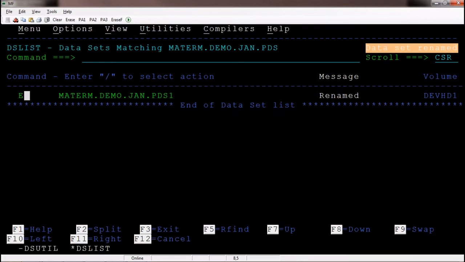First time we are creating a member, you need to specify E. Let me hit the enter. It will show an error: no members in a data set. So which means that members are not present. By that message, you can see that it is an empty PDS. There are no members.